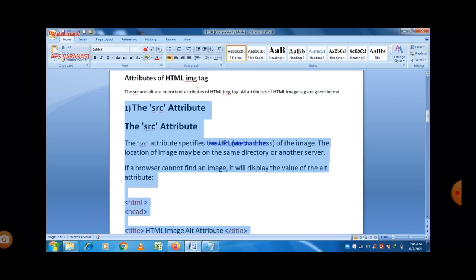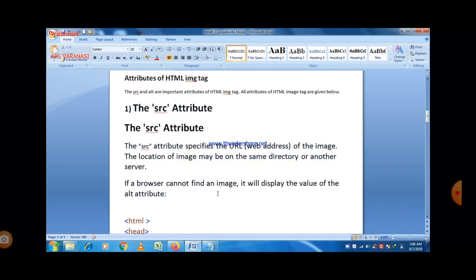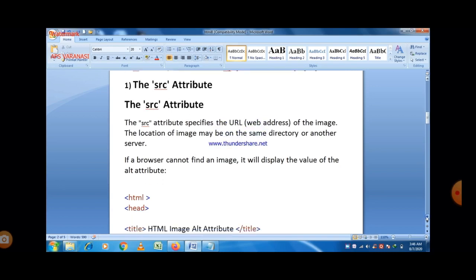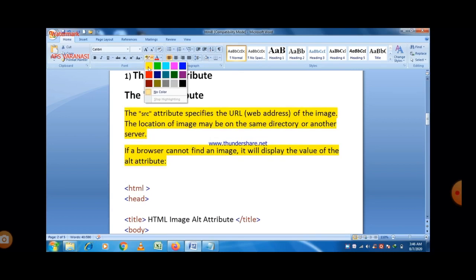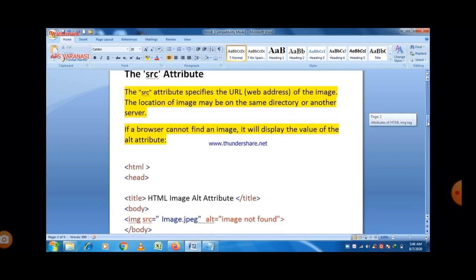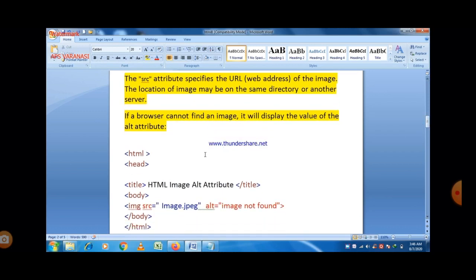So we just write the source of the image, and most of the time we write the complete URL of the image. If both of them are found at the same location or in the same folder, meaning source code and image, then we just write the name of the image with the SRC attribute.